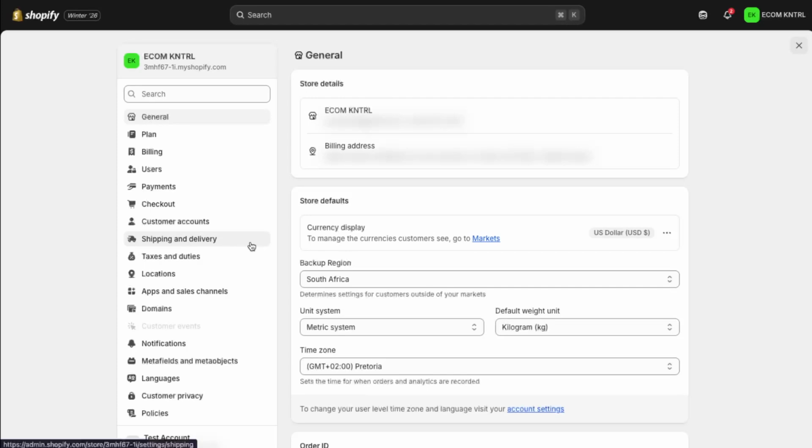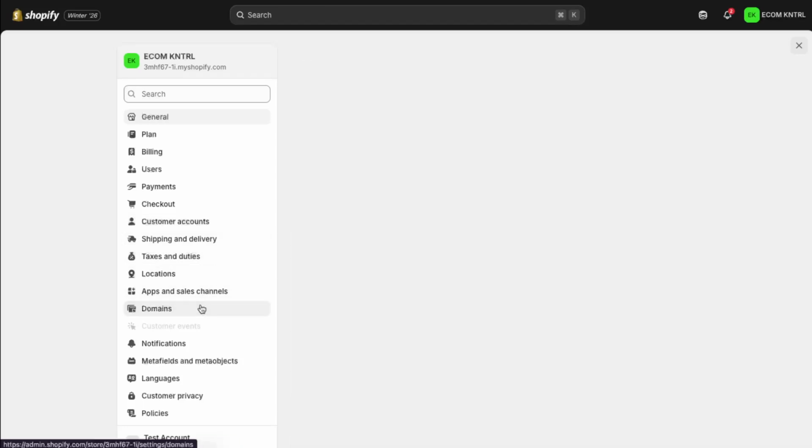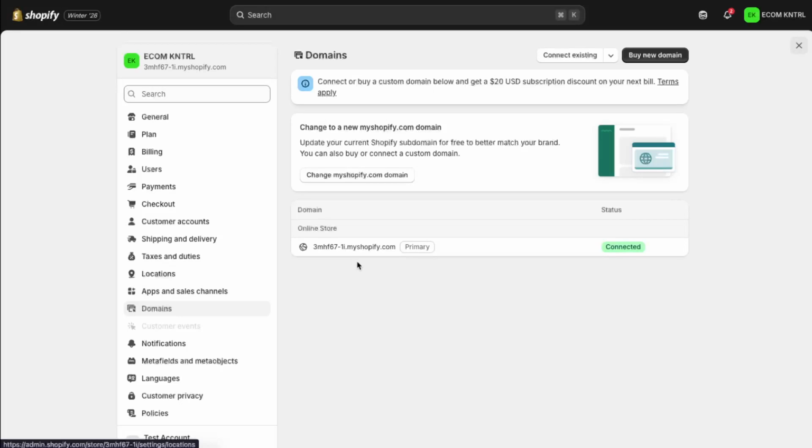On the Settings page, find and click on the Domains option. This is where Shopify keeps all of your domain-related controls. Once you're inside the domain section, you'll see a list of domains connected to your store. That usually includes your primary myshopify.com domain, and if you've added any other custom domains that you might be using